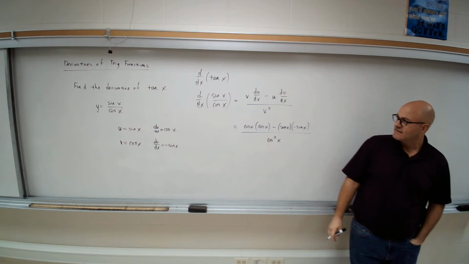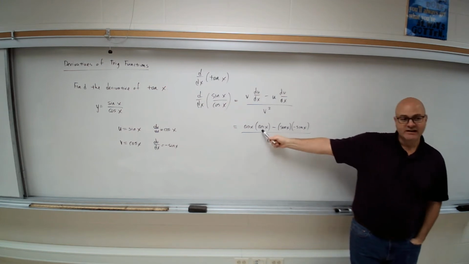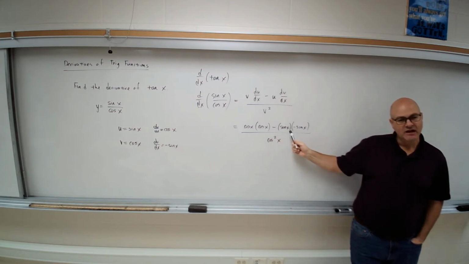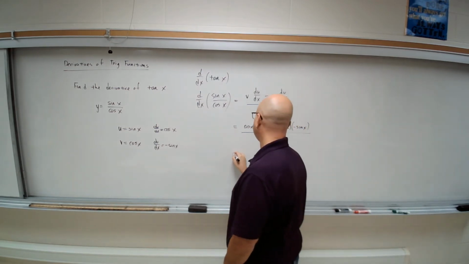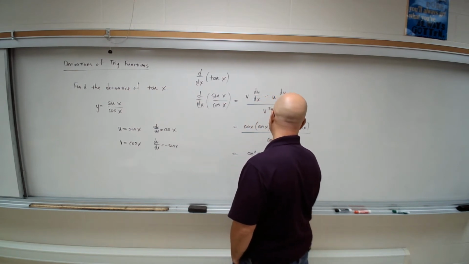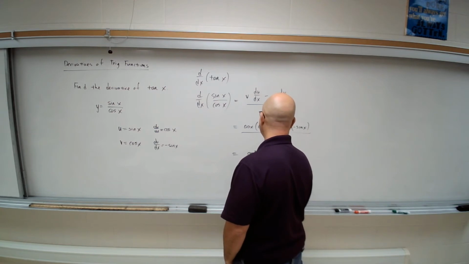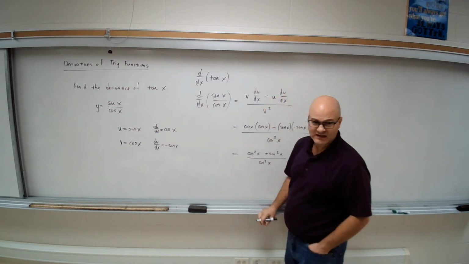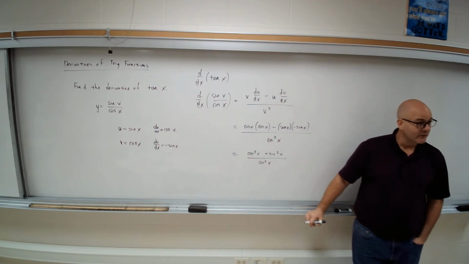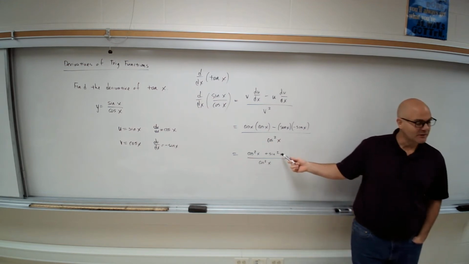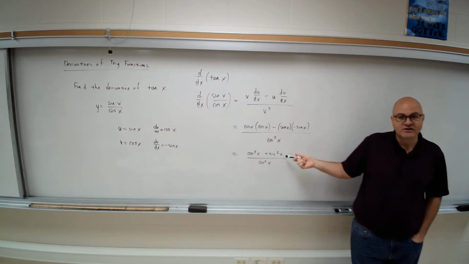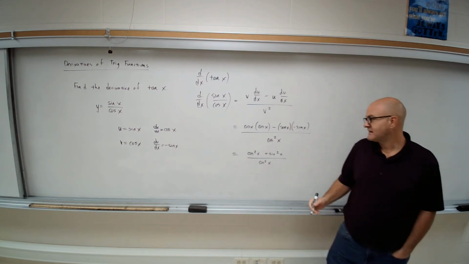So as we look at this, to simplify, this is just going to give us cosine squared. Here we're going to get a negative times a negative, so plus, it'll give us sine squared. So cosine squared of x plus sine squared of x over cosine squared of x. Now, hopefully you remember from trig, if nothing else in terms of identities, we know that cosine squared plus sine squared is our fundamental Pythagorean identity. It's just equal to 1, correct? So this gives us 1